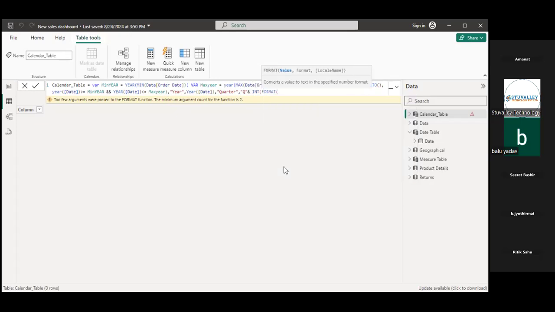Format. That function as a value. What I want is the value from date. So I don't know why it is giving us an error here.